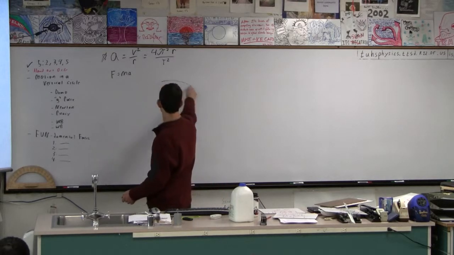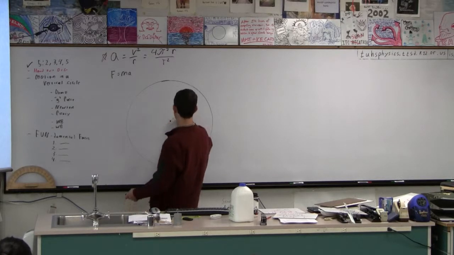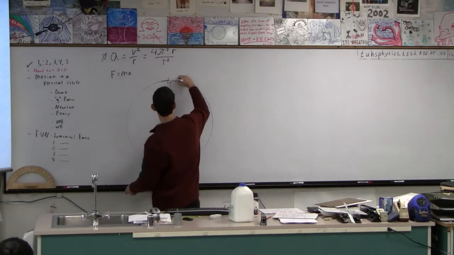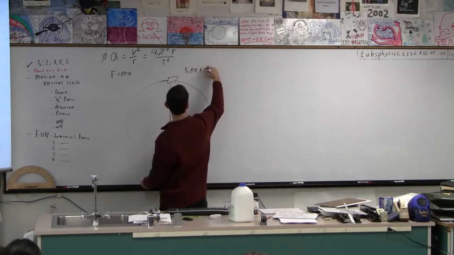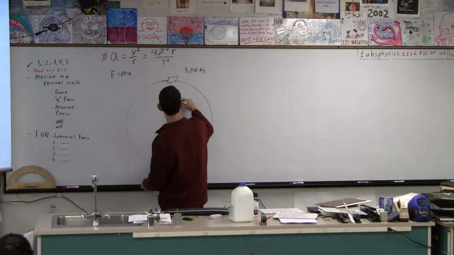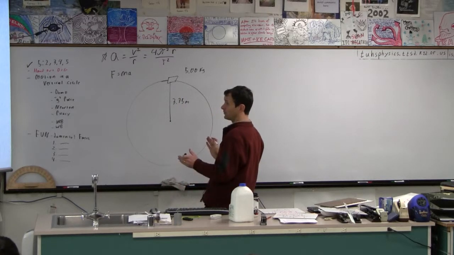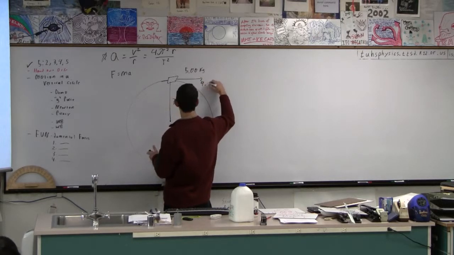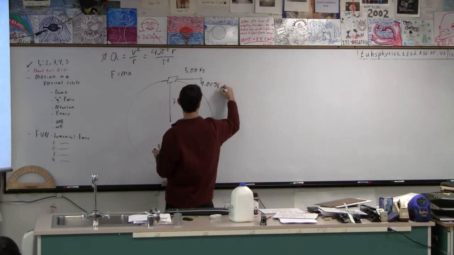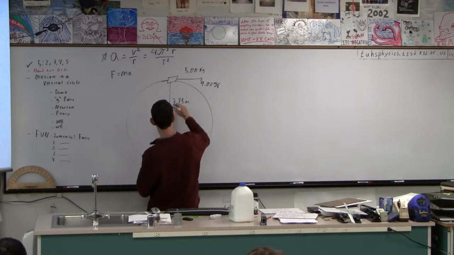Let me draw this guy here. That's a good circle. Okay, so here is our 5 kilogram object, right? It's a 3.75 meter radius circle, and we need to know the force, and it's going 9 meters per second. Somehow it's going at a constant 9.00. It's very accurately measured, right? Meters per second. And we want to know what the tension is in this thing at the top, and we want to know what the tension is